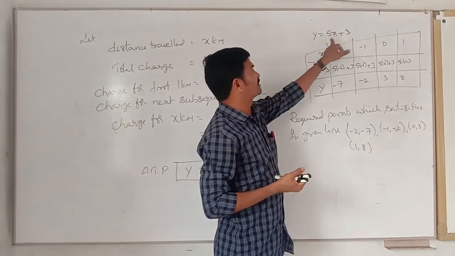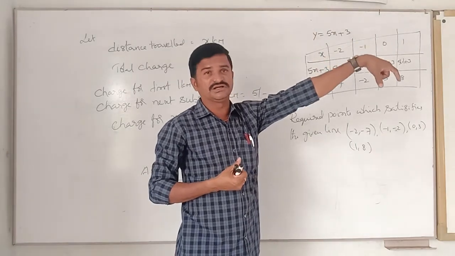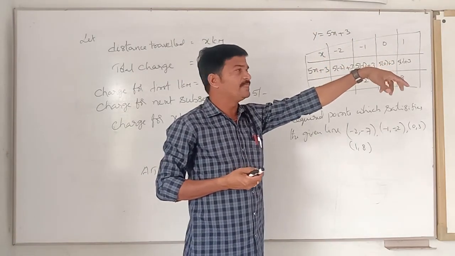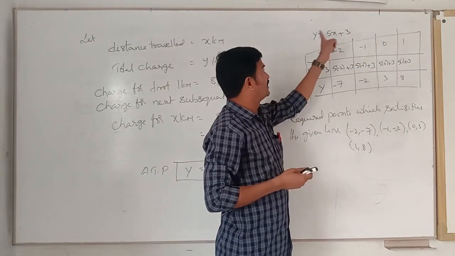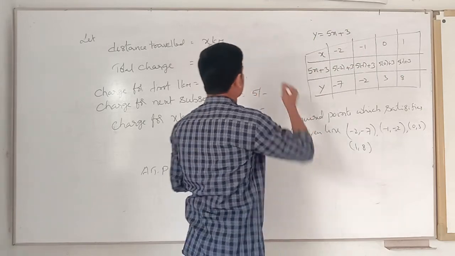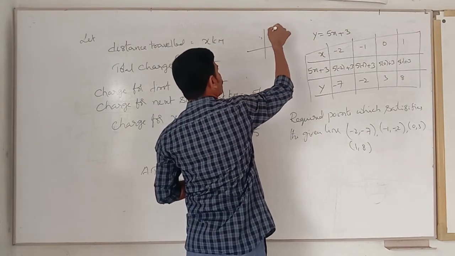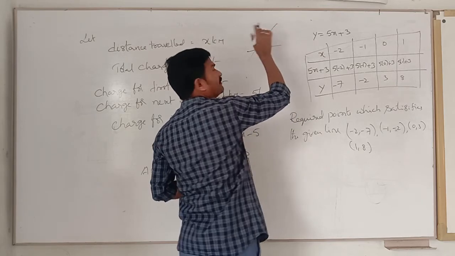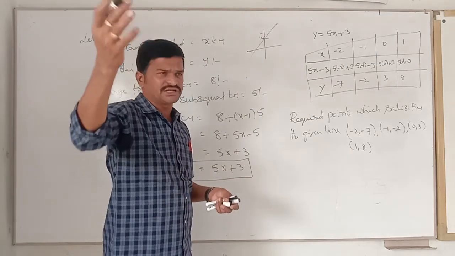By seeing this, I think you may remember one of the forms. This is y equals to 5x plus 3. Here this 3 is called the y-intercept, I told you in yesterday's class. Are you clear? That means definitely if you draw this line, it is passing through the point 0, 3. Definitely check it once. This is the line, this is 3, definitely that line will go like this, and that is the intersecting point of the y-axis. Have you checked it just once?